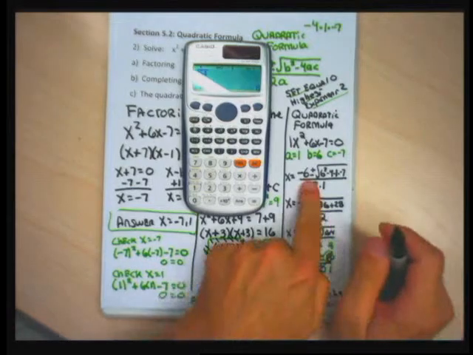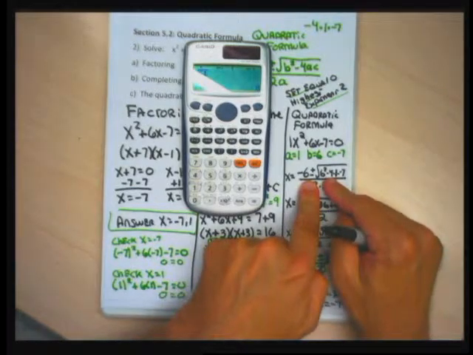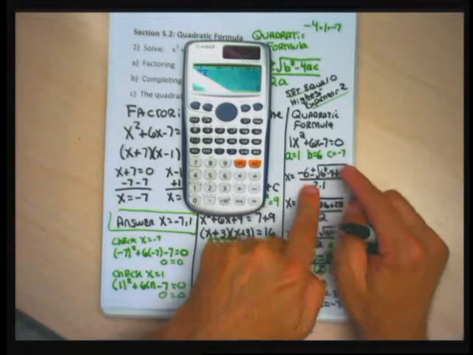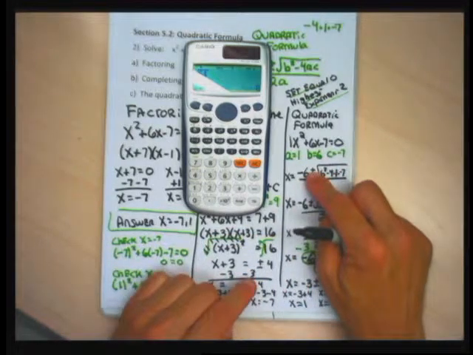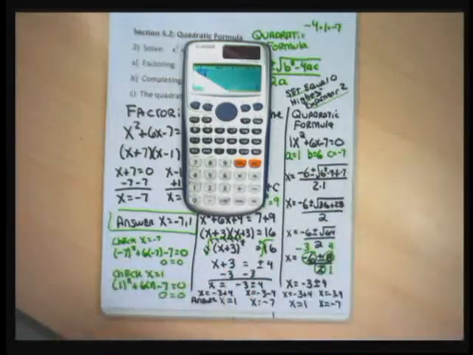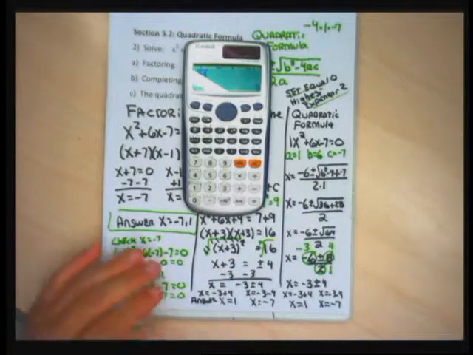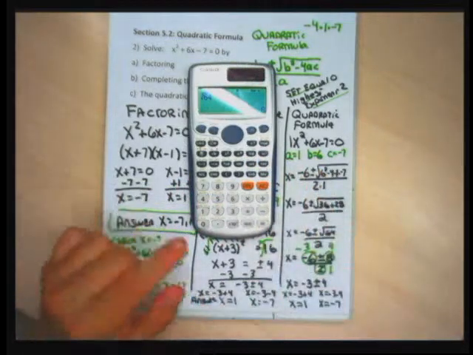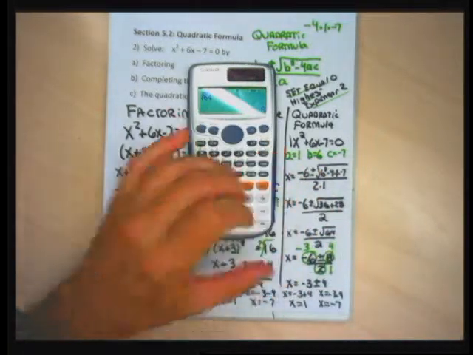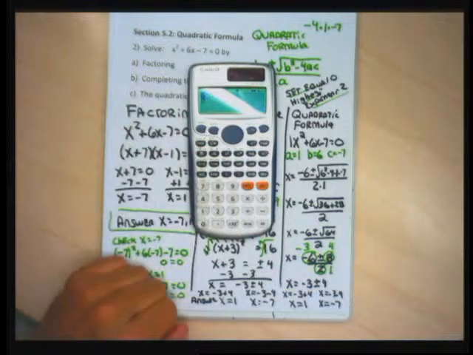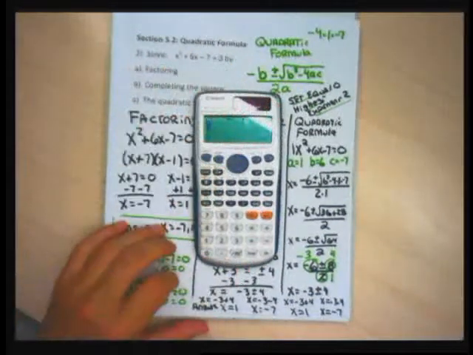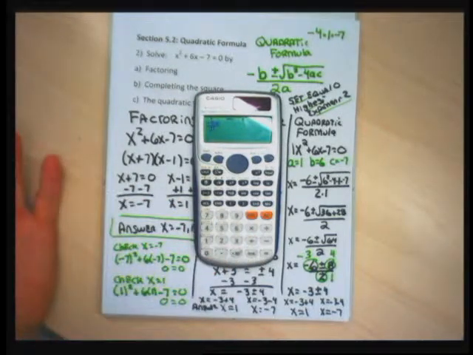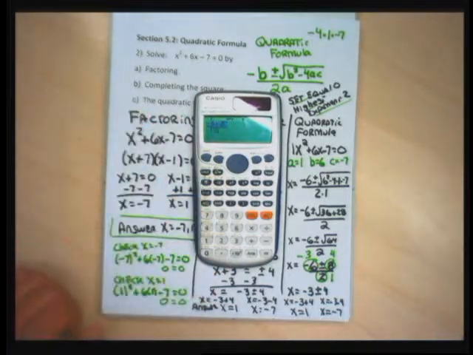Let me do the quadratic formula on my calculator. And unfortunately my calculator doesn't have a plus or minus symbol, so I'm going to run through it once with a plus and then a second time with a minus. So I'm going to have to do this twice to use my calculator to get the answer. So to get the 1 and -7, this is what I would do if I didn't want to do all this work by hand. I'd go fraction and then -6, and I'll do the plus first. There's no plus or minus key, so I'm going to do one time with the plus, one time with the minus,